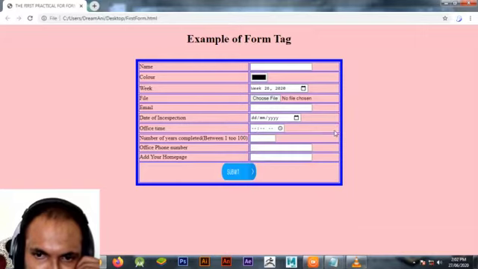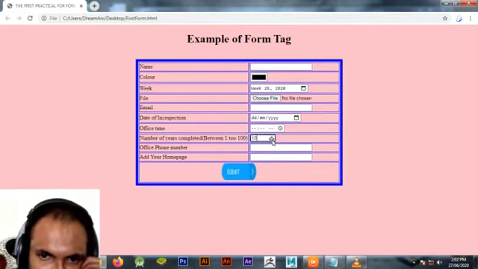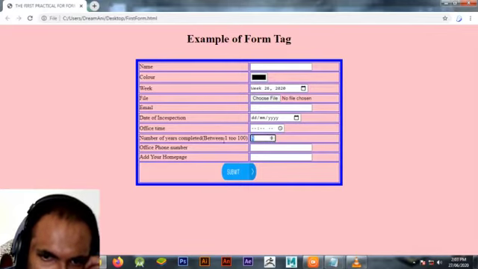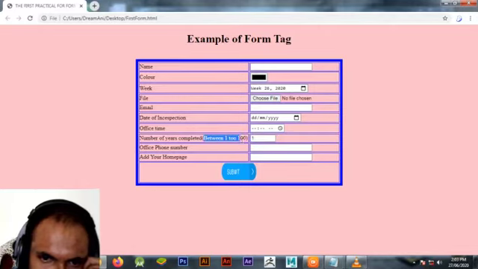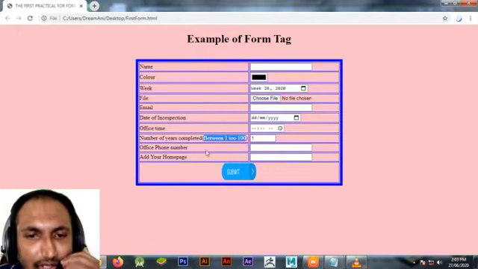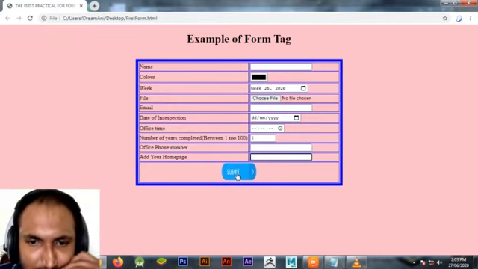Can you see? Yes, the number of years. See, if I press the upper arrow, it will go up to 100, and if I press the downward arrow, it will decrease. It is not decreasing further because we have set our range with minimum 1 and maximum 100. You can give phone number here and you can give URL here. If I click here, the form will get submitted.